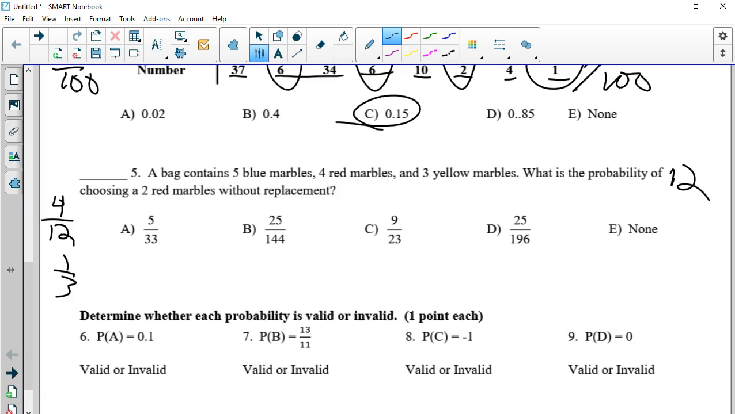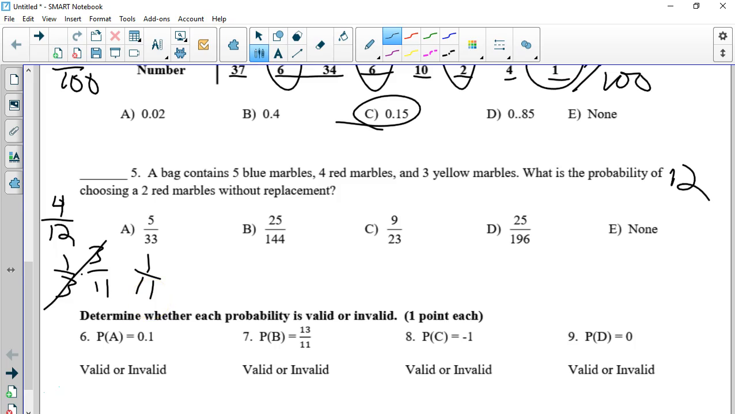Now, I take the red marble out. I don't put it back. Without replacement means it stays out of the bag. So therefore, it's not the same bag. There's not 12 marbles anymore. There's only 11 marbles. And instead of there being 4 red marbles in the bag, I already took 1 out, so there's only 3 left in the bag. And I can cancel the 3, that's easy math. So that gives me the answer of 1 over 11,